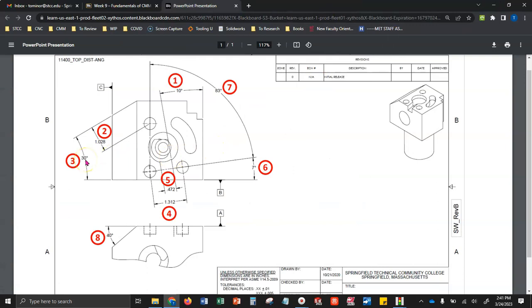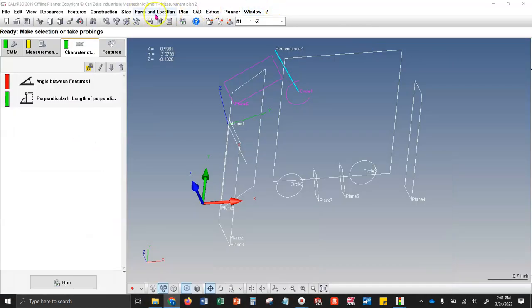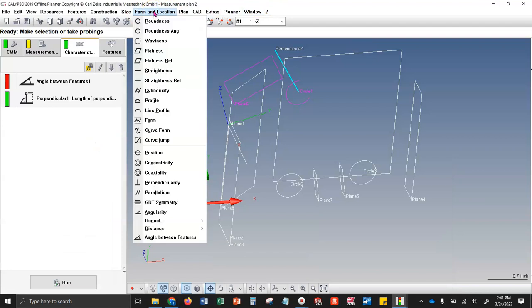Next, we have this 30-degree angle. Now that one does come directly off of our base alignment, so I want to show you two different ways of doing this, just so you know the tools that exist. Because this is right off the base alignment,